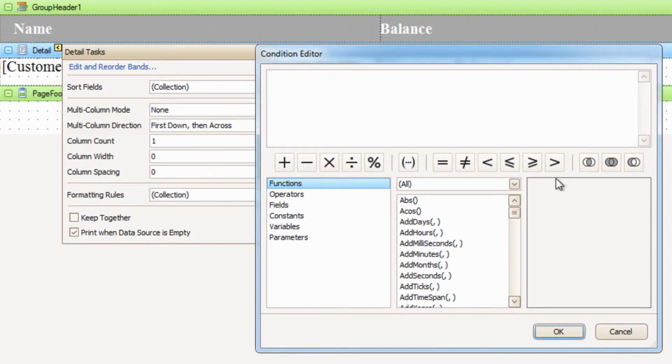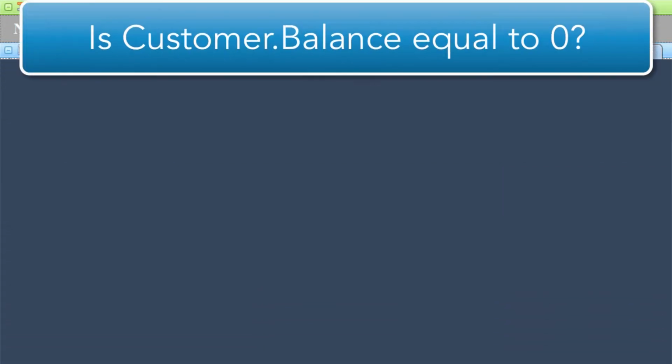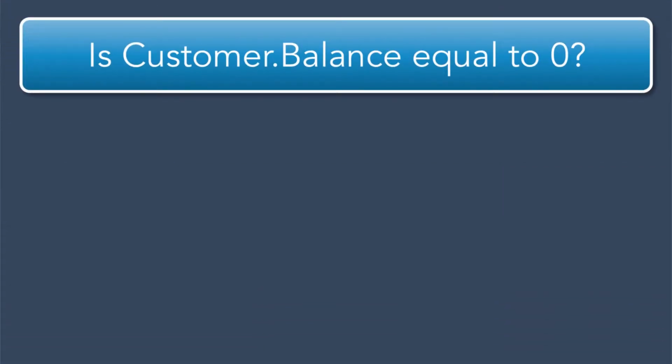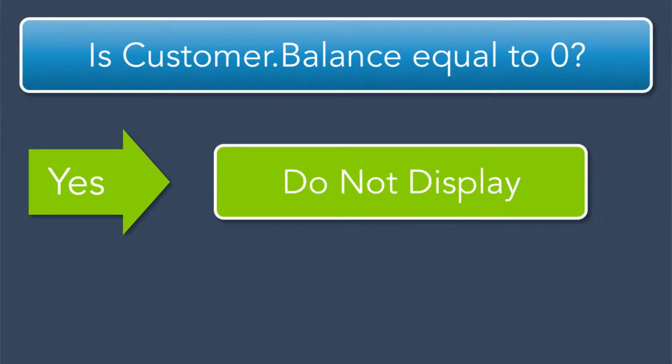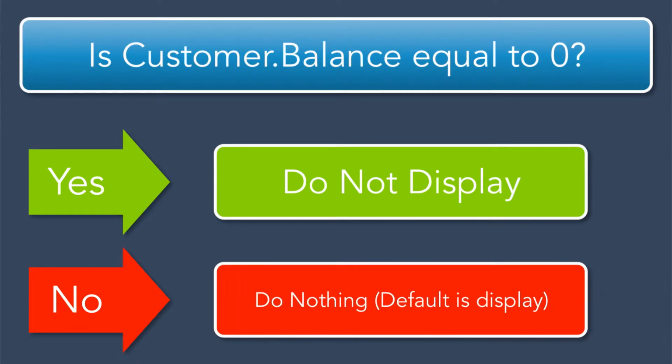This may look a lot familiar to you if you watch the calculated field video, but this time we are going to set up a condition or a question. Do you remember that game called 20 Questions and you could only ask questions with a yes or no answer? Conditions are the same way. The answers to them can either be yes or no. On a yes answer, the formatting style changes. On the no answer, the formatting doesn't.